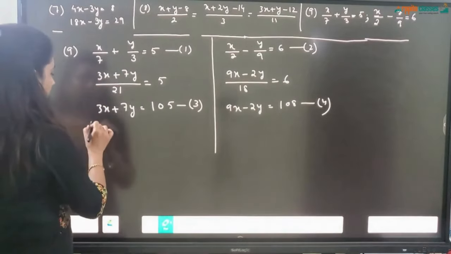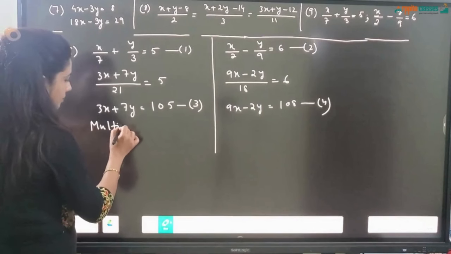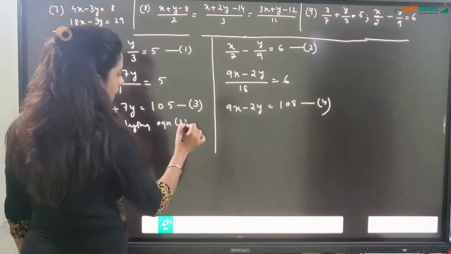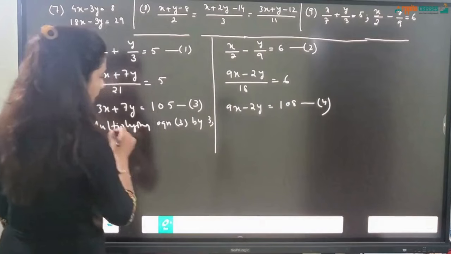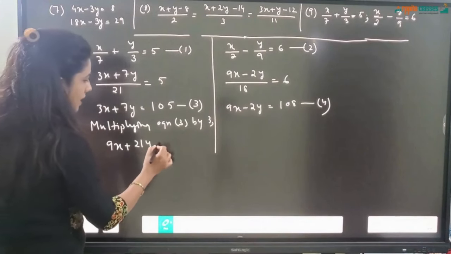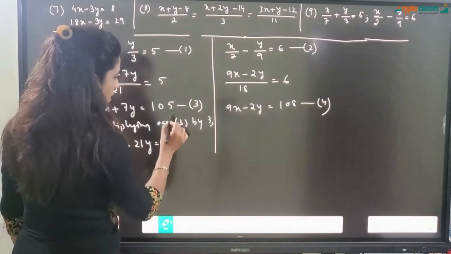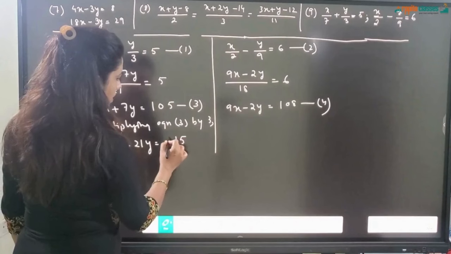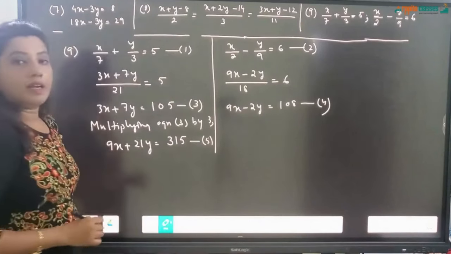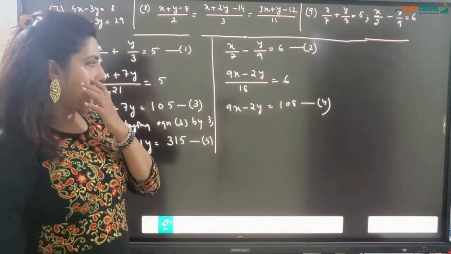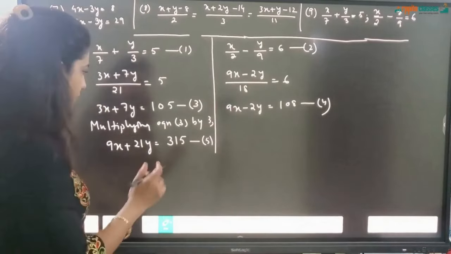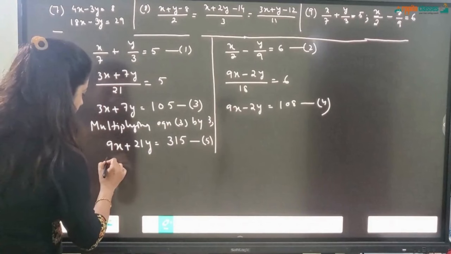So the next step is multiplying equation 3 by 3. Multiply carefully this one: 9x plus 21y is equal to 315. I call it equation number 5. Now I see this is 9x, this is also 9x. Both the 9x's are having the same sign, so we have to go for subtraction. So I'll write subtracting